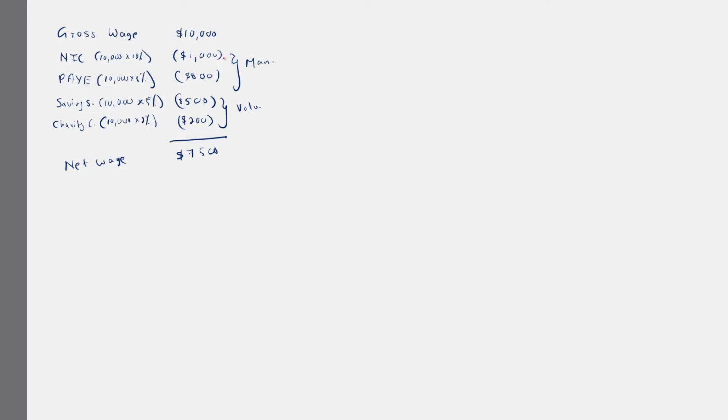Then what you have to understand is, as the company, what is the cost for me? Actually, the cost is 10,000 US dollars. Even though I am giving salary, the money is only 7,500. This 2,500 reduction that I made, I should also make the payments for the relevant people or relevant